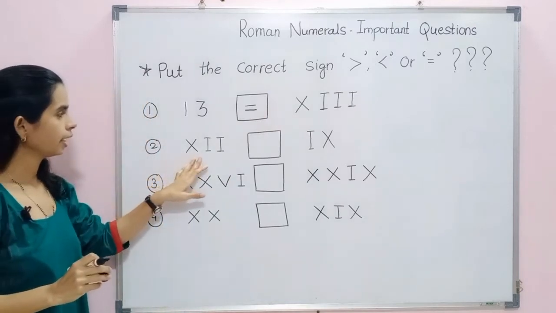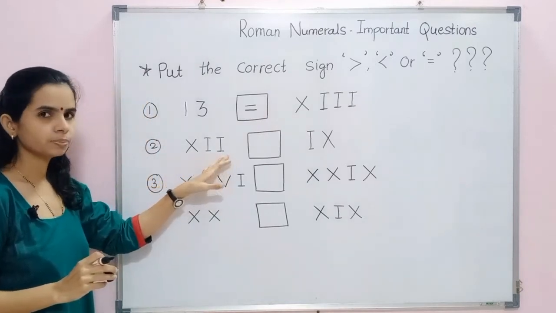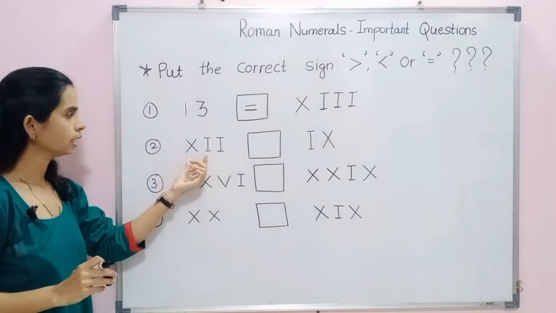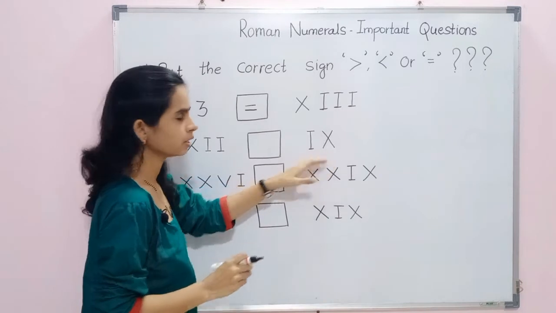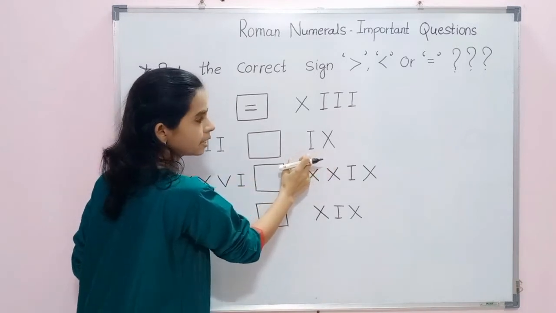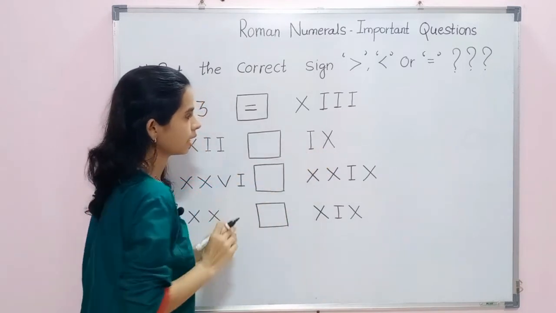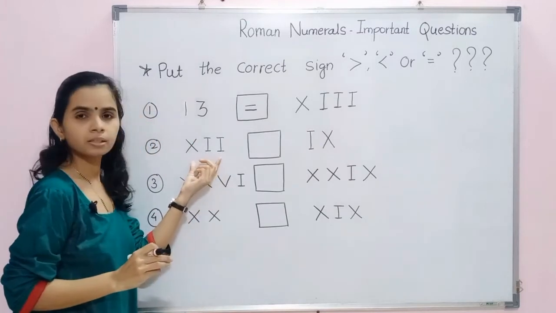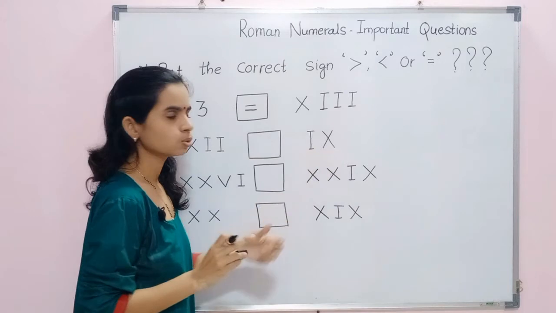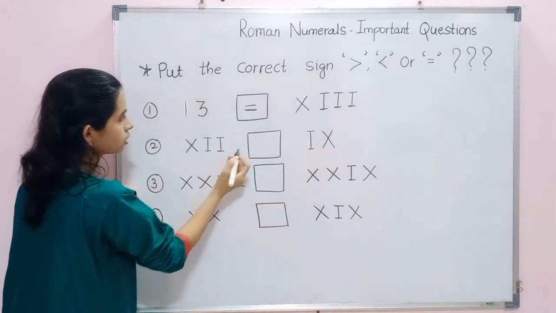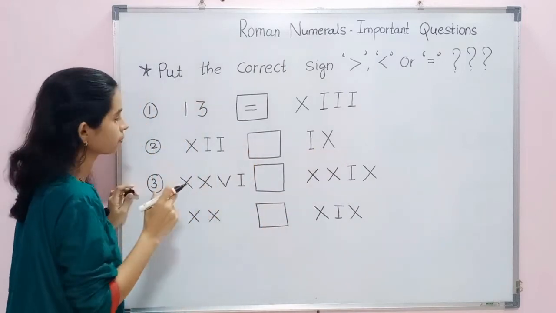Next is XII, which represents the value 10 plus 2, 12, and this symbol represents 1 less than 10, means 9. 12 is always greater than 9, so which sign will we put here? Yes,